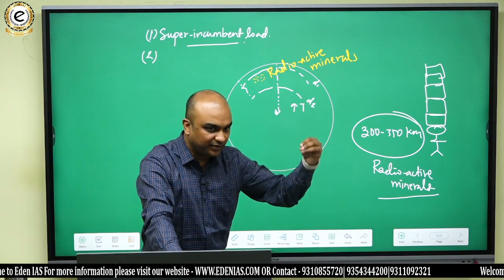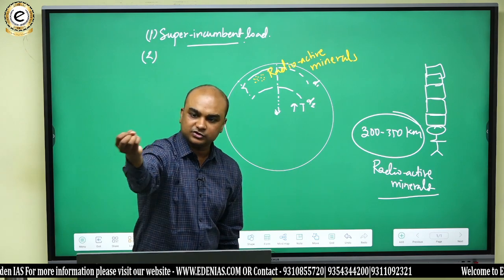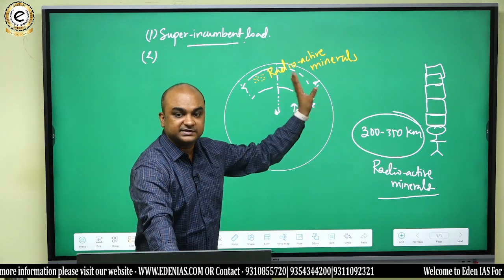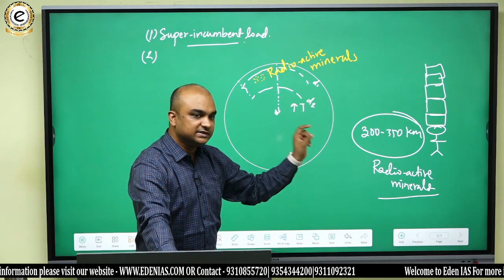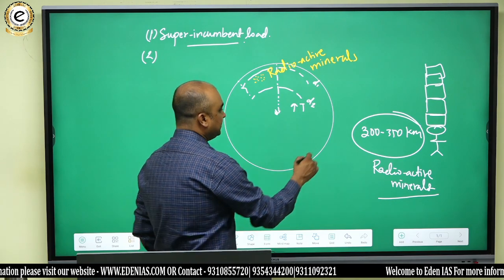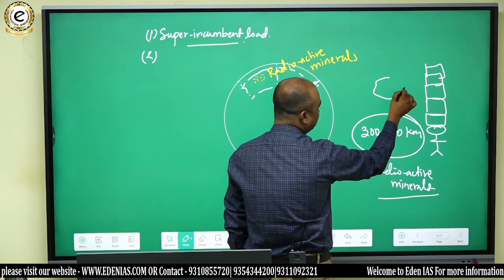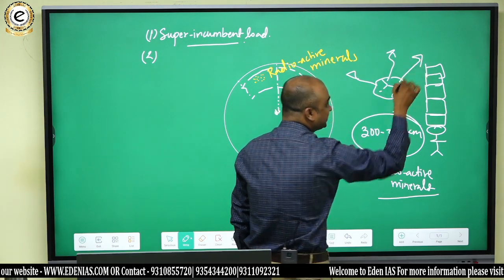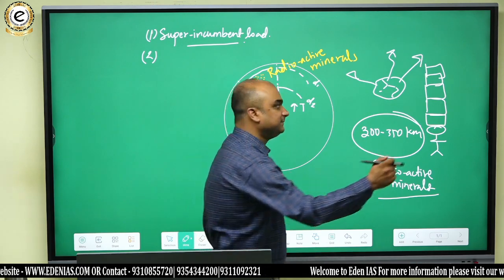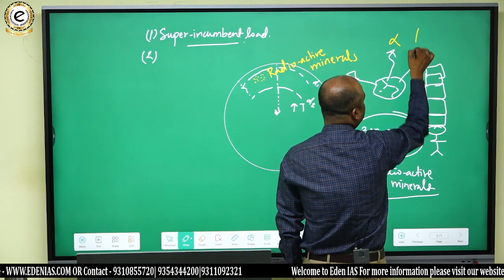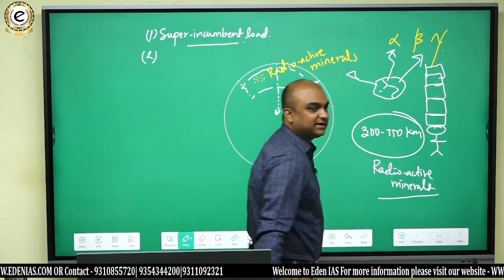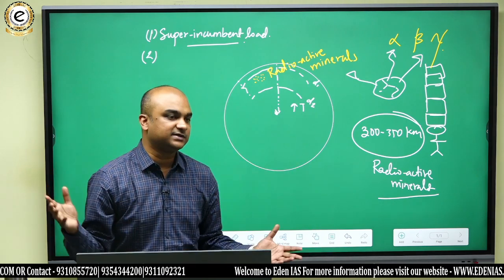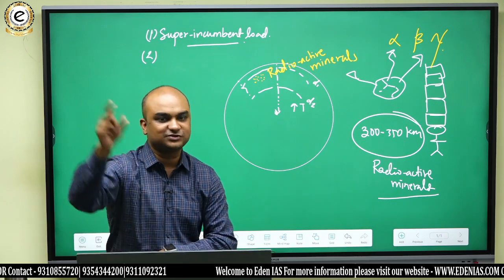Whenever there is radioactive disintegration, normal rocks also disintegrate. But whenever there is disintegration of radioactive minerals, they release some heat waves. Suppose there is a radioactive mineral, as it disintegrates, it releases some radiations or heat waves. These radiations are nothing but alpha, beta and gamma radiation. आपने सुना भी होगा इसके बारे में. Alpha, beta, gamma radiations, they generate a lot of heat. That's why they are known as radiation, जैसे solar radiation.